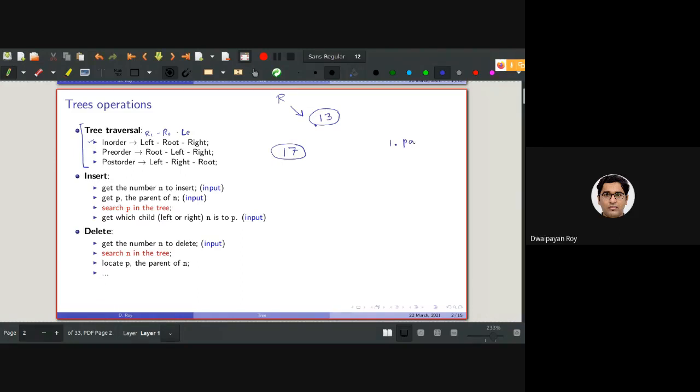I need to get the parent of the node. And two is which child, whether it is left or right. Of course, the zeroth input that we should be taking is the number itself.